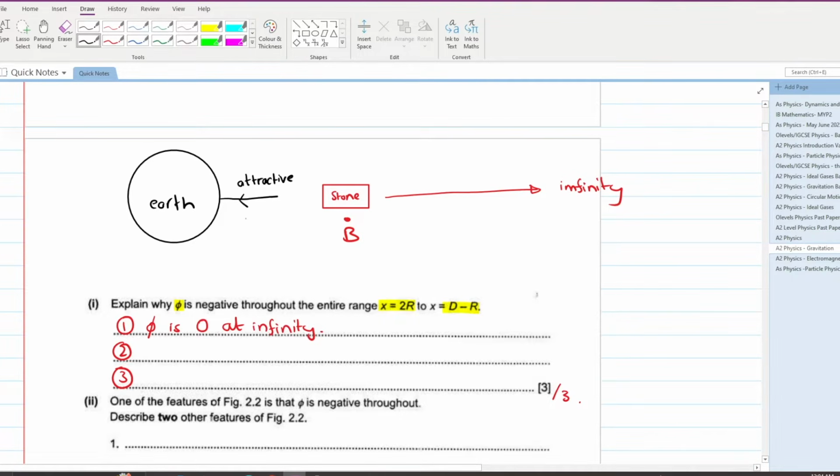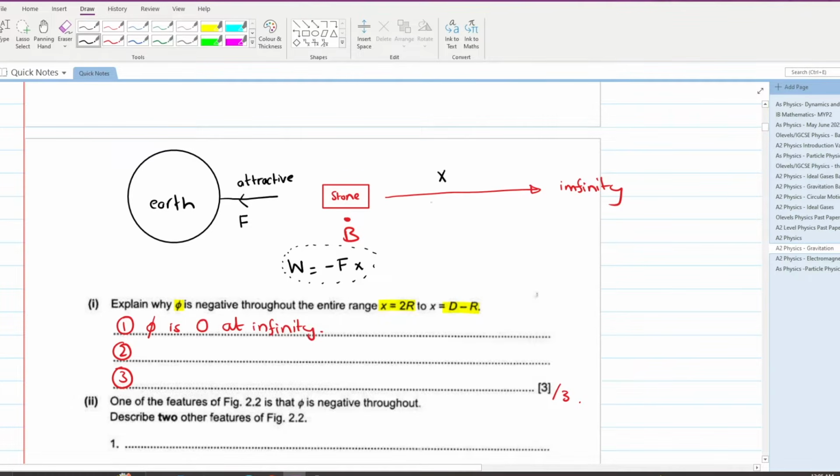Now, can you notice one thing here, that the force is acting towards the left hand side. The distance covered is towards the right hand side. So the work done will be negative because the force is towards the left, the distance covered is towards the right, just as we used to do with resistive forces. This is why gravitational potential's value is negative, because the gravitational forces are attractive, but the distance that